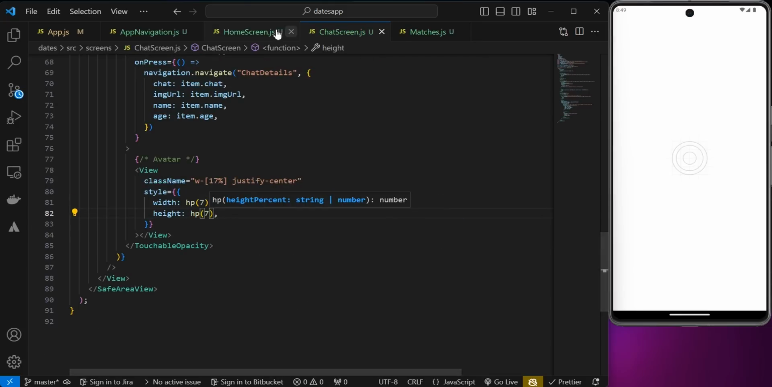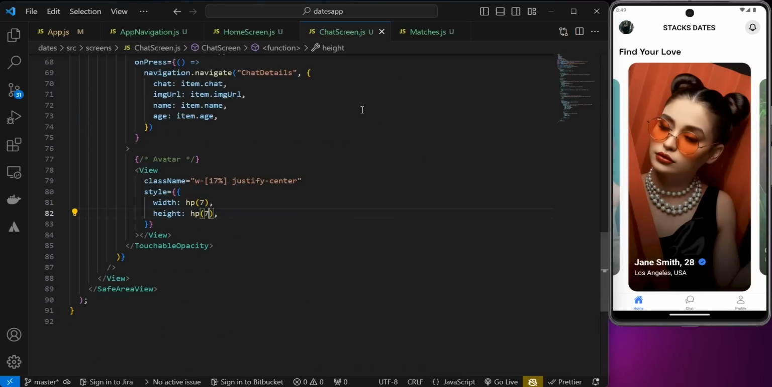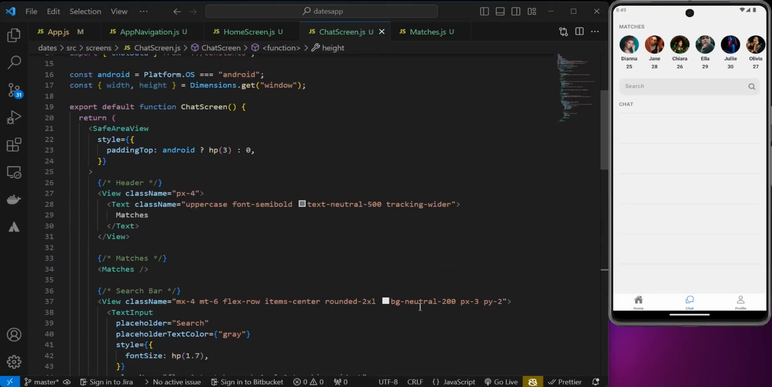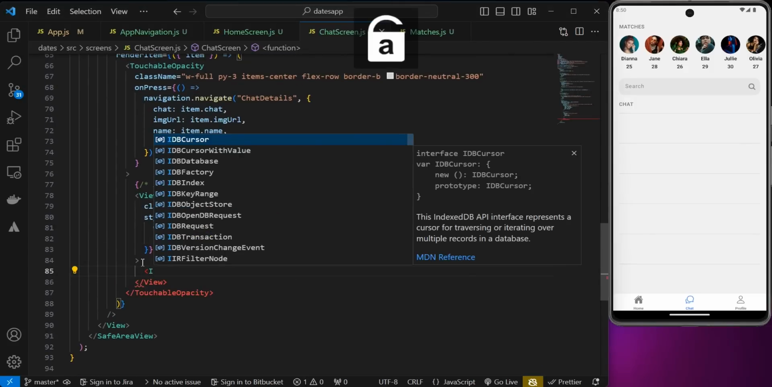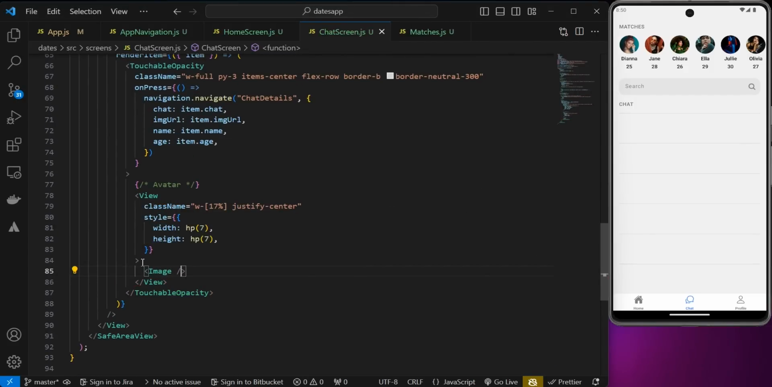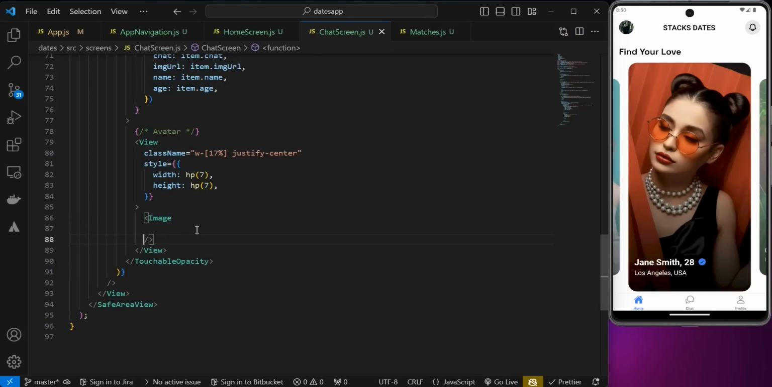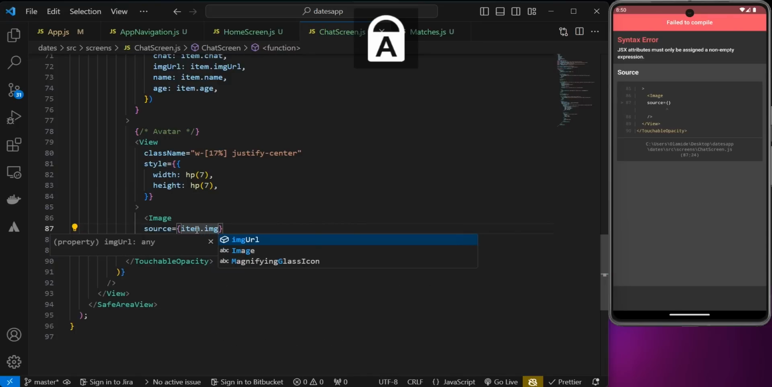And it seems we don't have our HP in our components. Let me just check once again if we have our HP. We have it. Why is this throwing an error? Okay, it is not. So inside of this, I want to have my image, and I'm just going to import this right away. And the source for this image is going to be item.imgURL,